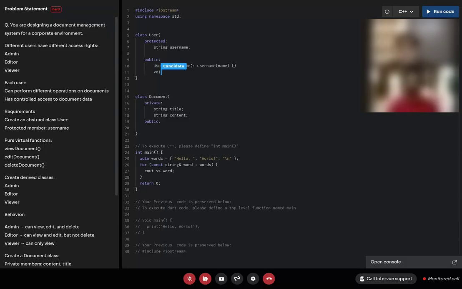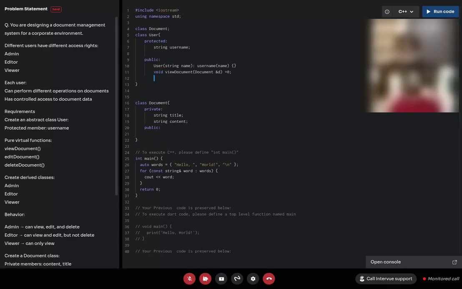Then we'll have a void view document, which will take a Document struct, because I'm using Document, and let's say 0 for now.